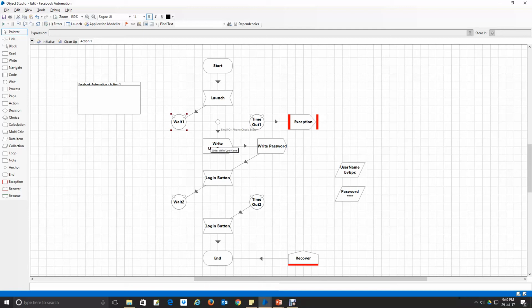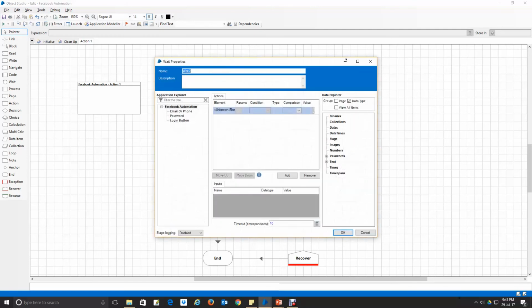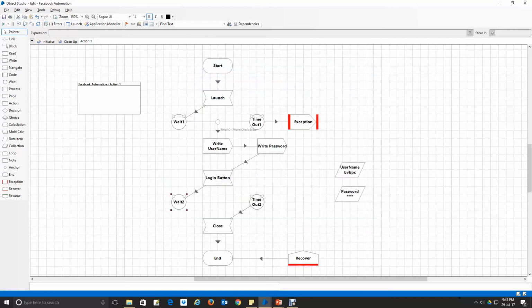Whenever it hits the username box, the wait will be terminated, and it will move on to write the name, enter the password, and automatically click on the login button. After clicking the login button, the page will appear, and my Facebook is automatically logged into the system. After that, I have provided an unconditional wait of 10 seconds. After that, my process will be closed or terminated then and there.